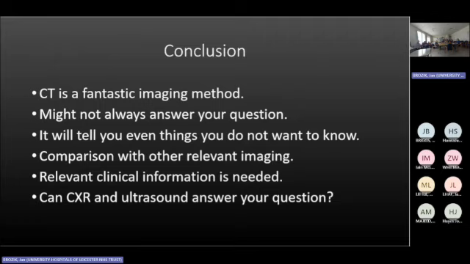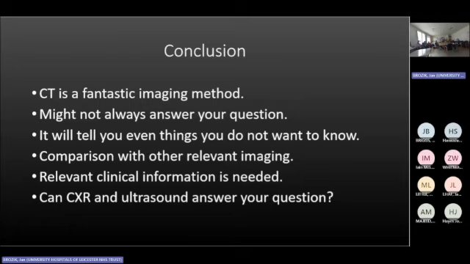Comparison with other relevant imaging is really important. Was it there before, or was there a significant abnormality before they developed ARDS with bilateral whiteout? We really need relevant clinical information. I accept sometimes it's not possible. The requesting system is not always the best we've got, but that's how it is. But we really would like to know why we're doing that scan and what you expect from it. And if we can have requests like that, we'll probably produce slightly more useful